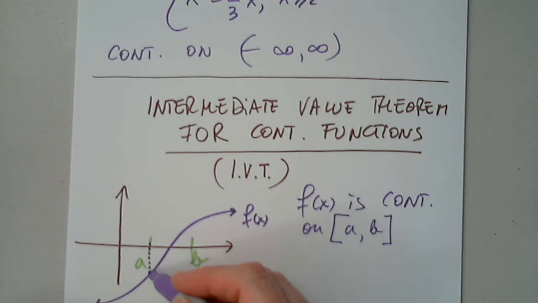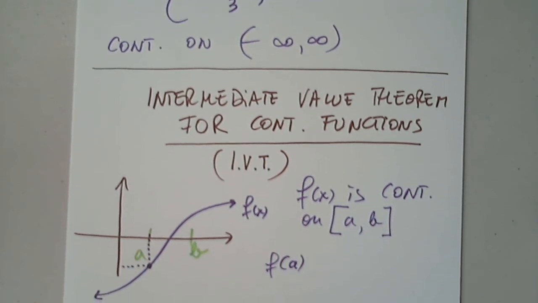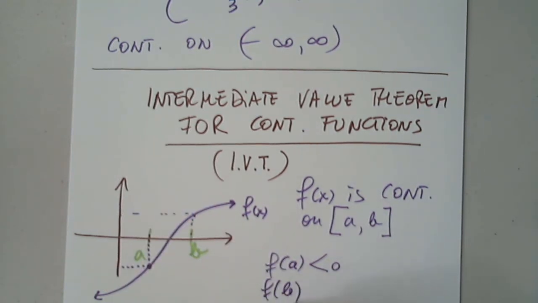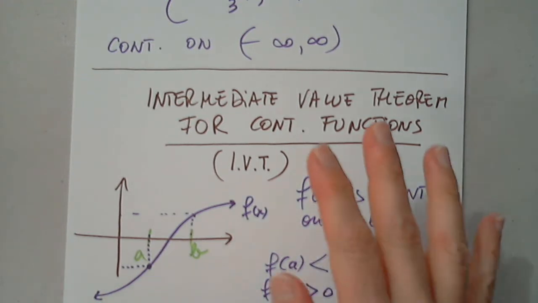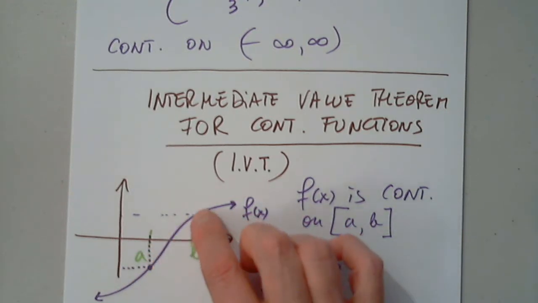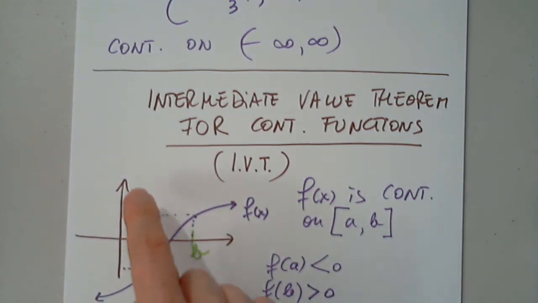Can you give me the sign of f of a? Is f of a positive or negative? Just the sign. Negative. Is f of b positive or negative? Positive. Very good. So here's what the theorem says. If a function is continuous on an interval a comma b, and it changes sign from negative to positive or from positive to negative,